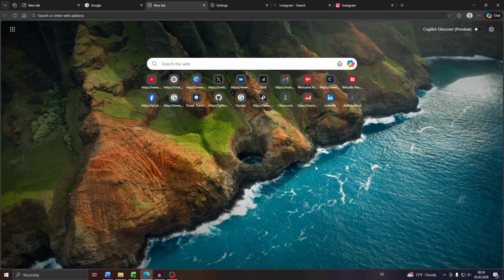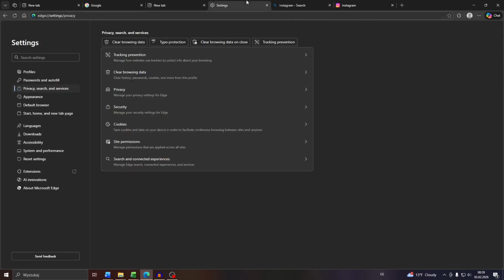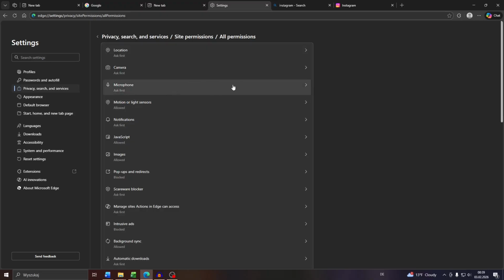Alright guys, so launch Microsoft Edge. Next, access your browser settings by clicking into these three dots here, select settings. From your browser settings menu, navigate to privacy, or privacy, depending on your pronunciation. Here on the left hand side, next select site permissions, select all permissions next, and look for JavaScript, which is